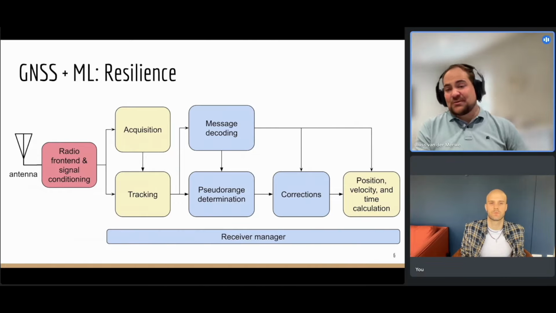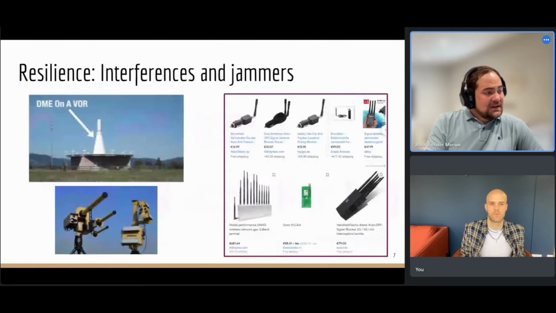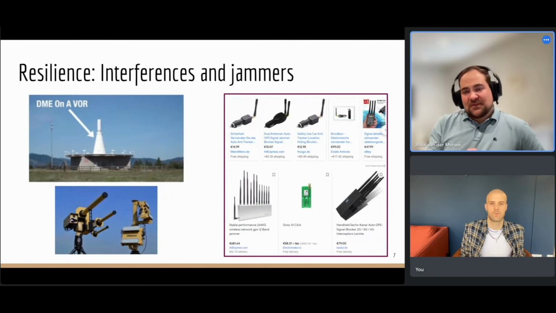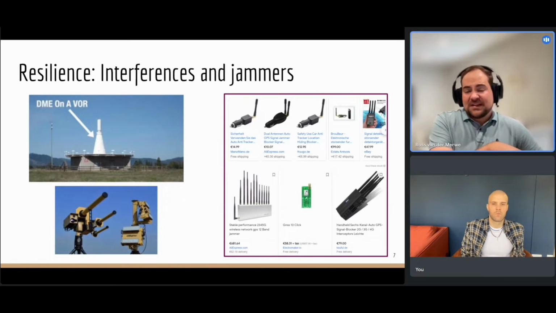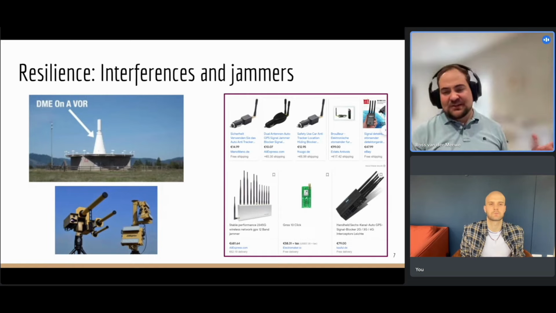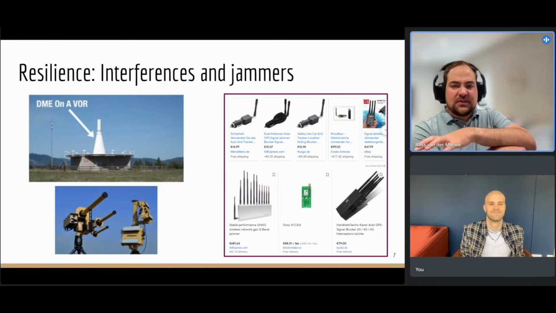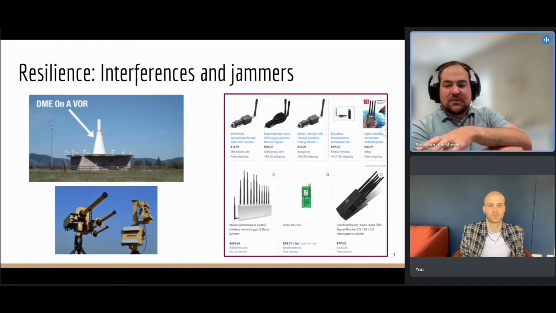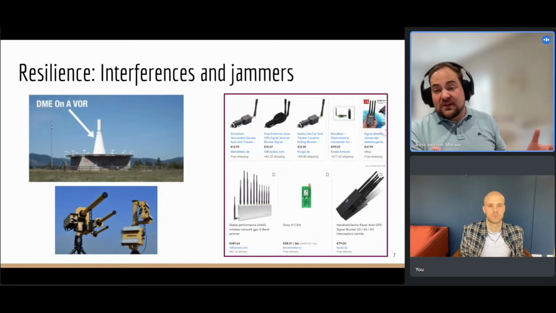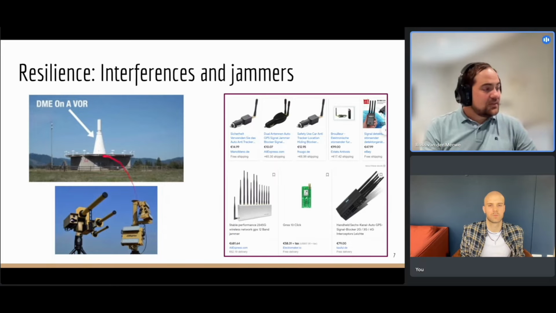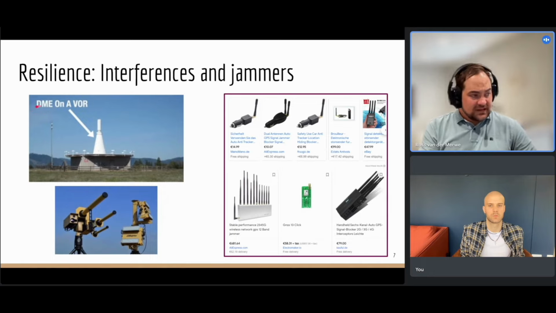So now the question is, what is resilience? What am I really talking about? In resilience, the first thing that we really talk about here is interferences and jammers. Interference sources is the bigger term here. Interference is anything that's transmitting a signal that's reducing your GNSS signals. And jammers is the same thing, but somebody's purposefully doing this. And what makes this whole thing difficult is some interference sources may be there, but not all of them. So the really classic example is this distance measuring equipment, DME.